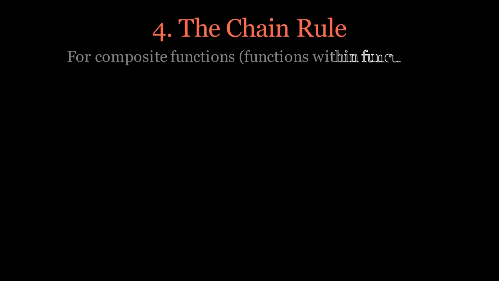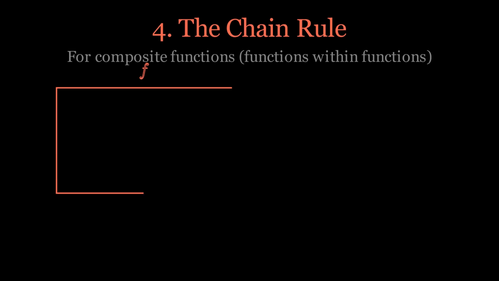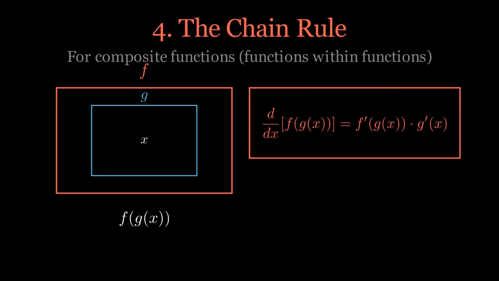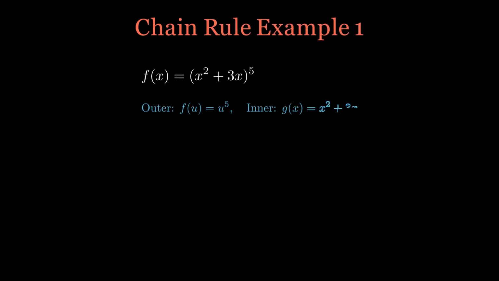Last but not least is the chain rule. The chain rule handles composite functions. Think of them as a function inside another. If you have f of g of x, the derivative is f prime of g of x times g prime of x. Example 1. For x squared plus 3x the whole thing to the power 5, the derivative is 5